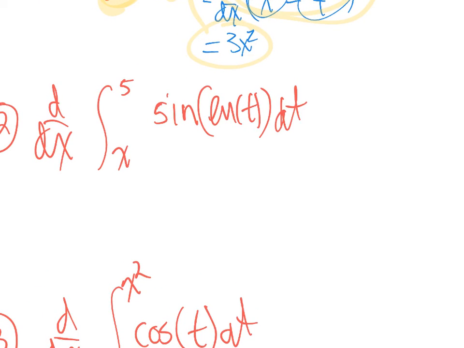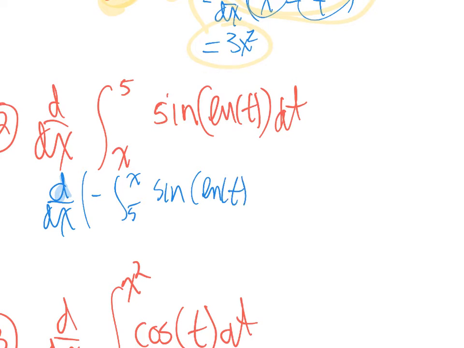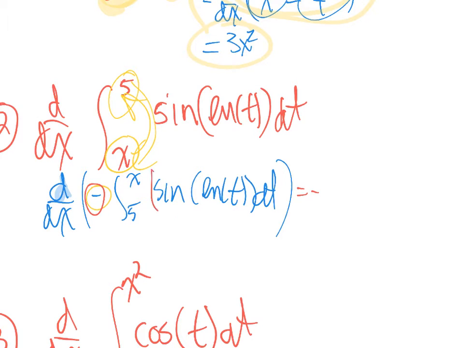So for this one here, what I would have to do is rewrite this as d by dx of the negative integral from 5 to x of sine of ln of t dt, right? Why did I have to do that? Because I need the x to be up here and the constant to be in the bottom, and I always do the negative of that. So now it's, again, very straightforward. I don't have to write out anything else. I know automatically the answer. I've got that negative, so I have to add in the negative. But the rest of it is just going to be that,